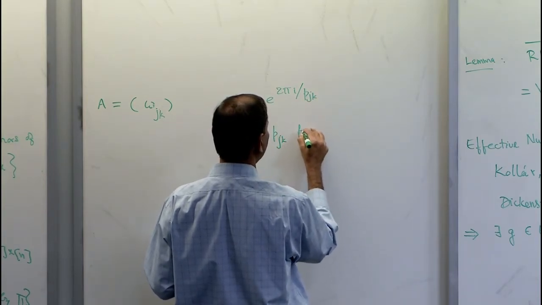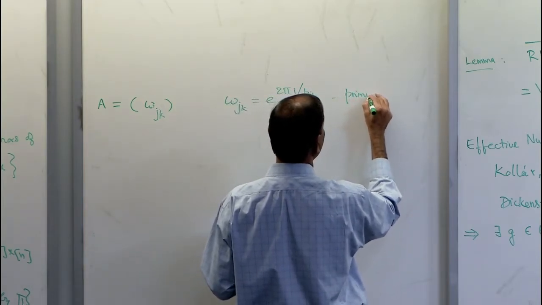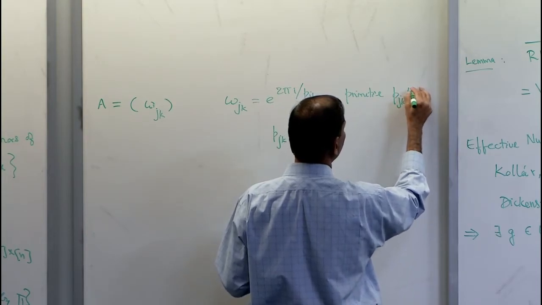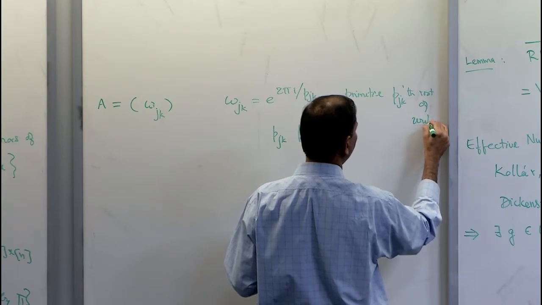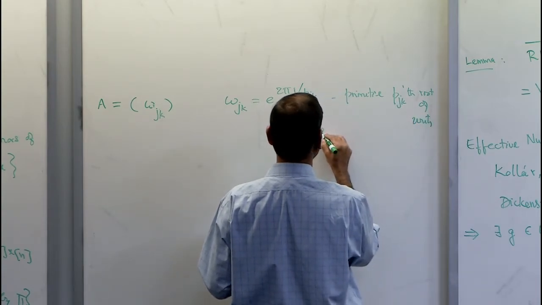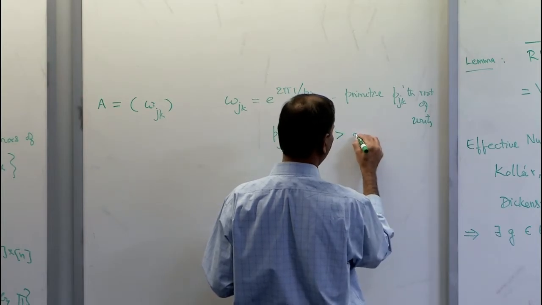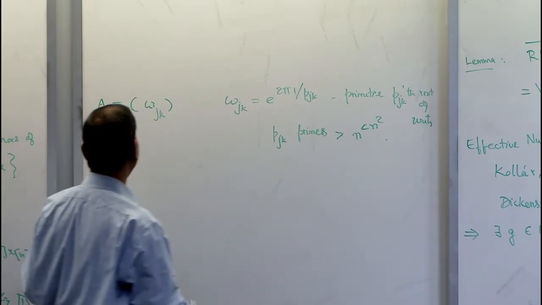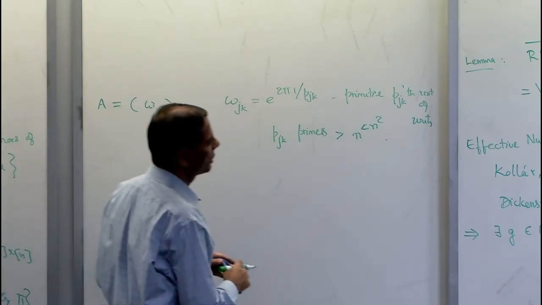The p_j's are primes. So this is a primitive p_j-th root of unity. The p_j's are primes that are all bigger than that number. Then this matrix,